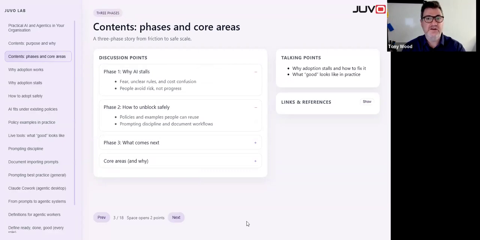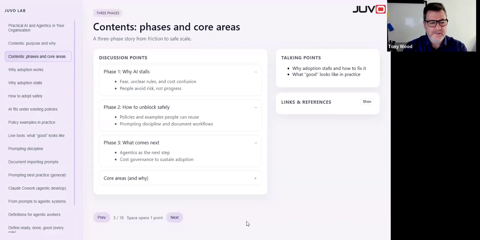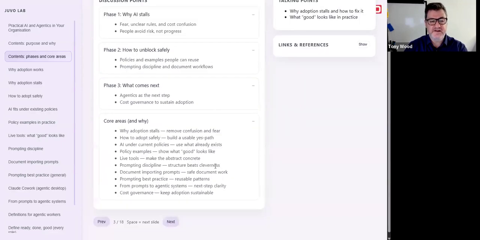So how can you, in your organization, get it a little further? If it's not open, we'll give you some ideas and techniques to get it open and to use AI. If it's stalled or blocked, we'll also go into some techniques on that. We're going to cover Agentics at the end, and we're also going to look at some of the cost areas.